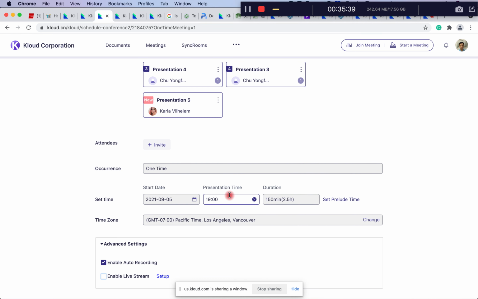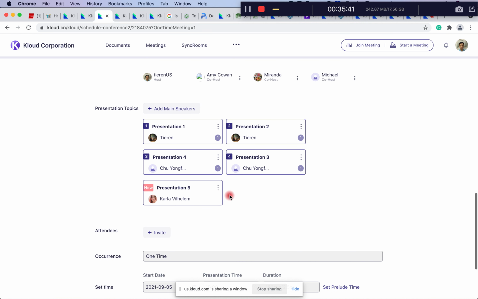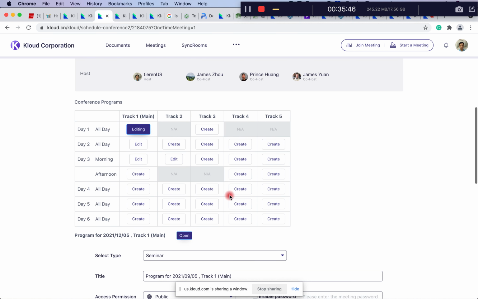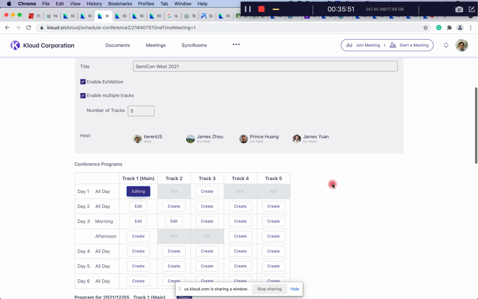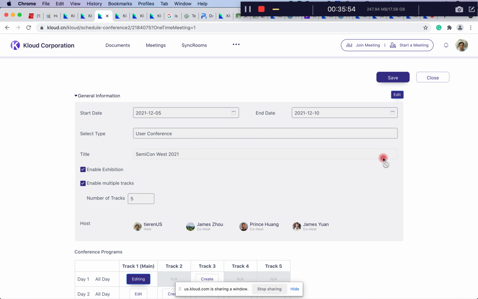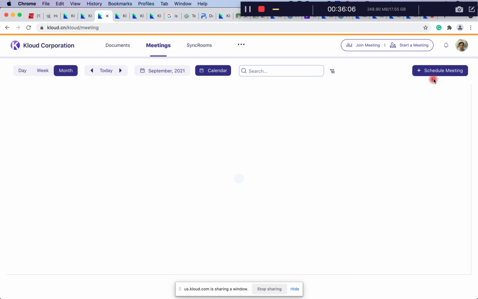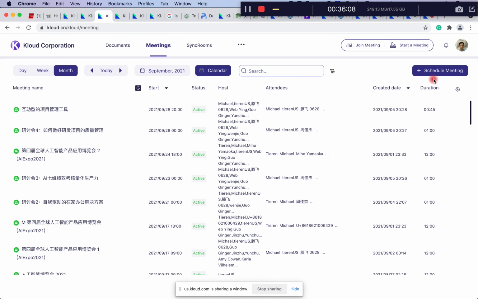So a big conference almost requires lots of effort really, but it's just so cool to be able to do a true hybrid event using Cloud. And obviously Cloud is going to beat lots of other online meeting platforms because Cloud is just different. Cloud can really be live doc based, and it can enable a streamlined, workflow-driven event. So here's a